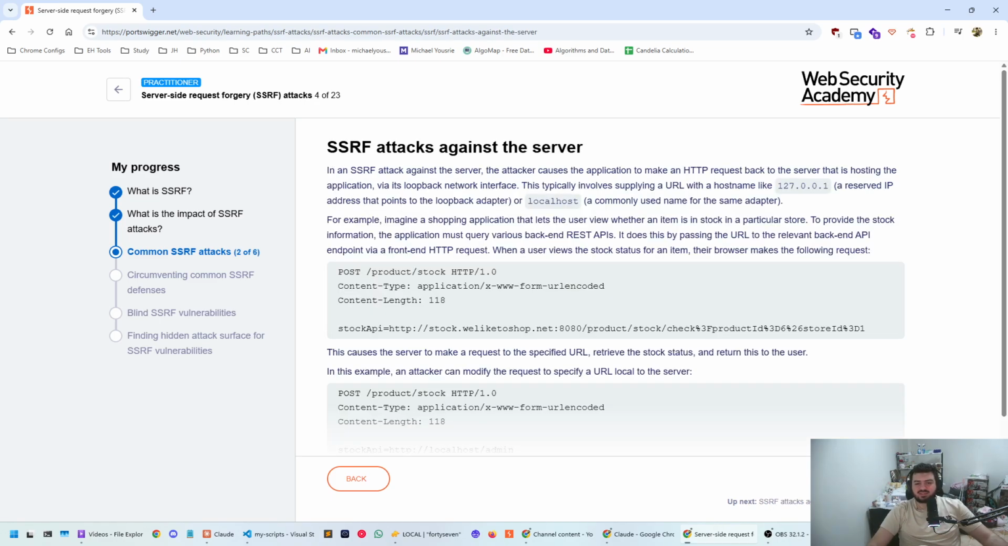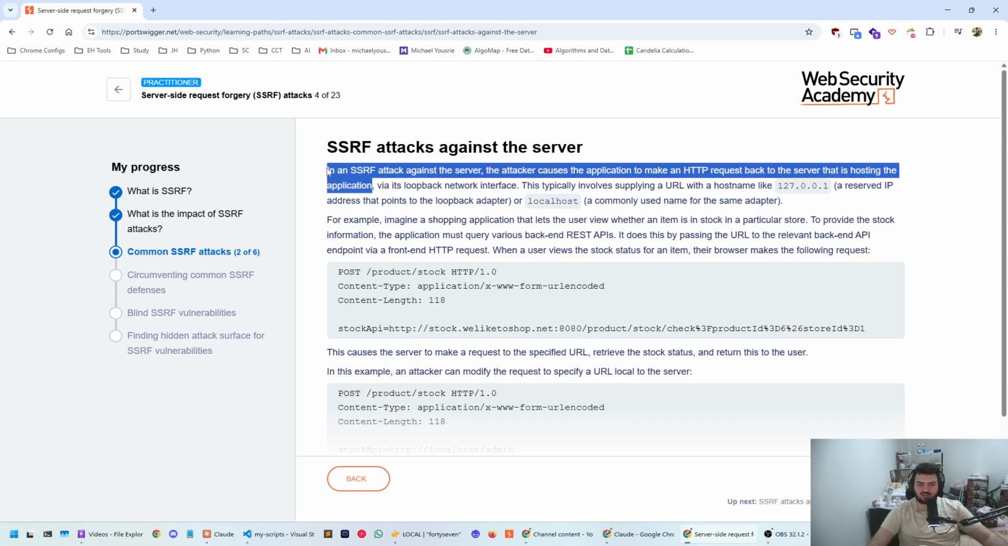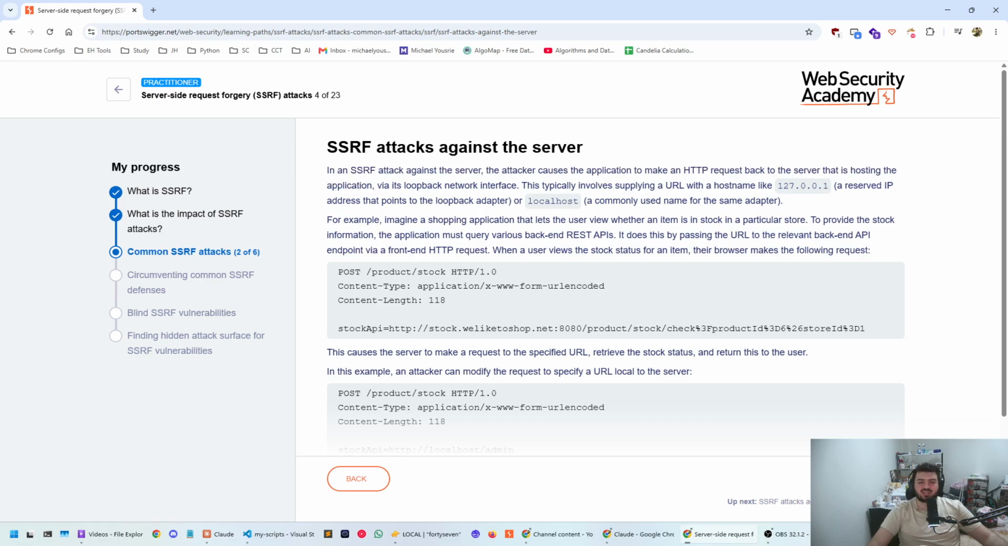Okay, SSRF attacks against the server. In an SSRF attack against the server, the attacker causes the application to make an HTTP request back to the server that is hosting the application via its loopback network interface. This typically involves supplying a URL with a host name like 127.0.0.1, a reserved IP address that points to the loopback adapter,